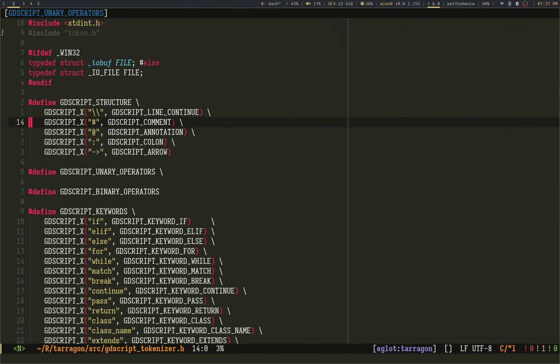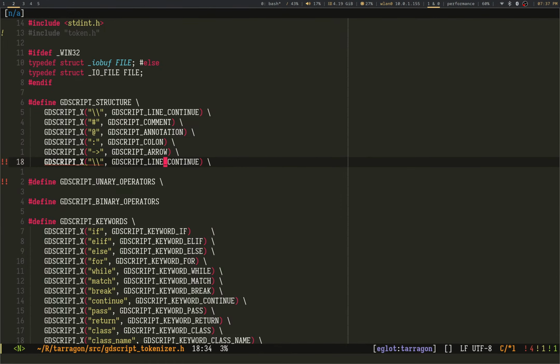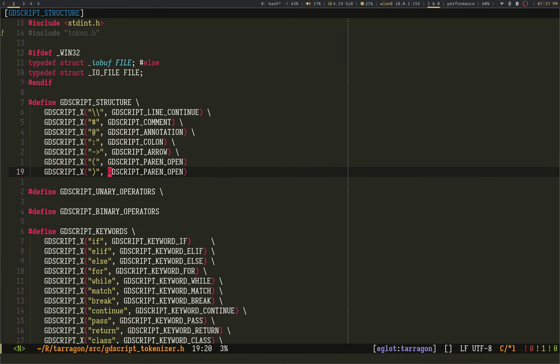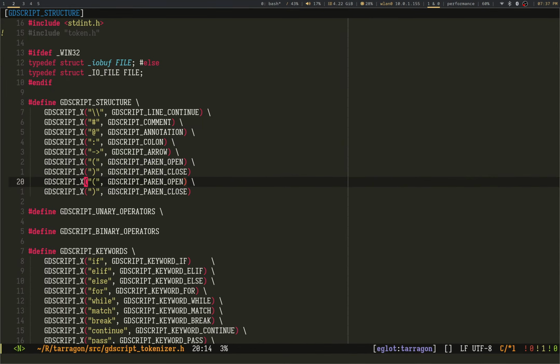So I'm actually going to swim back over here. And that, we'll just say paren open, and paren close, because this can refer to both grouping and a function call. So I'm like, you know what? Just make life easy.